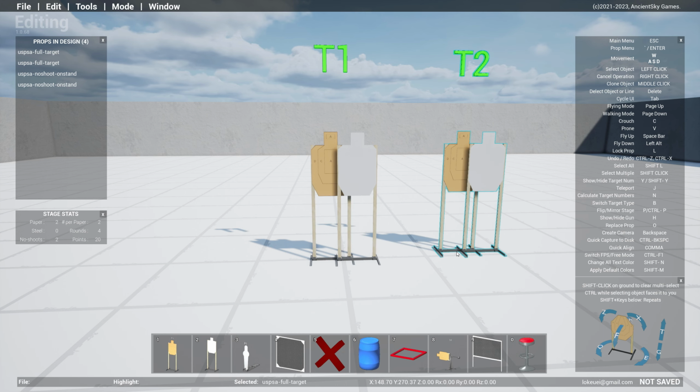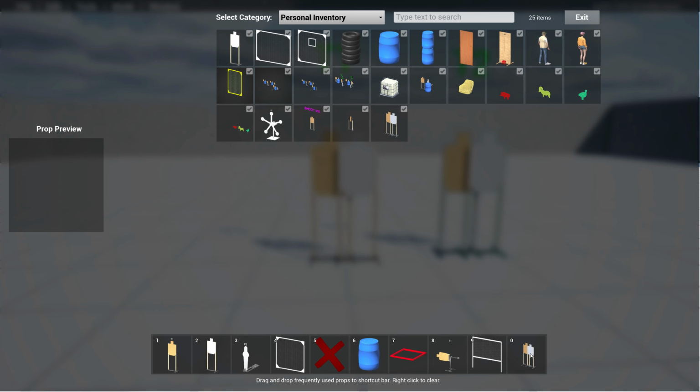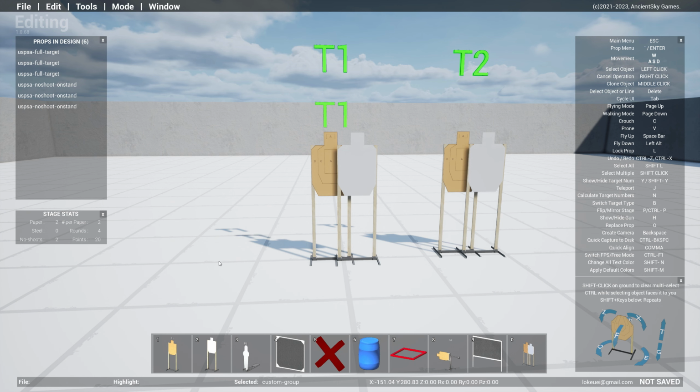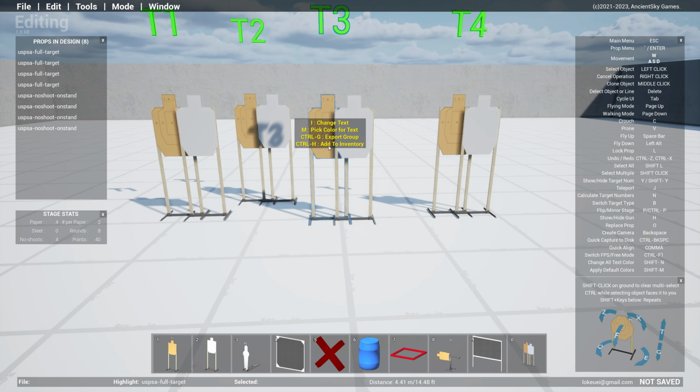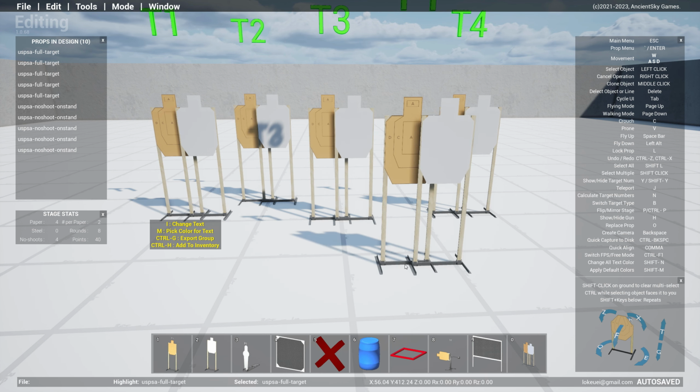I can very easily click on this. I can also add it to my shortcut bar, so I can very easily bring it down like that in the future. That way you can have the same target presentation that you use very commonly in your stage design. You can also clone groups by just using the middle mouse button,